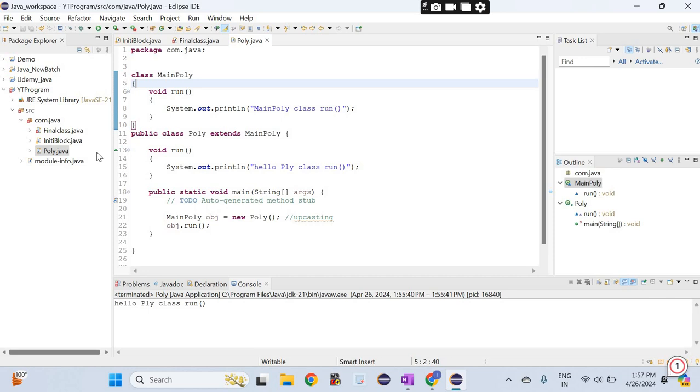When the type of object is determined at compile time, it is known as compile time binding or static binding. When the type of the object is determined at runtime, it is known as dynamic binding. So you have to use the instance of variable type you are using. It is not used much in Java, but if you know this concept, that is good. Each variable has a type. It may be a primitive or non-primitive type.